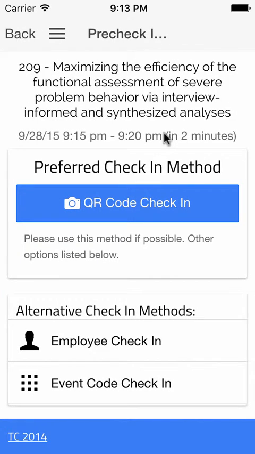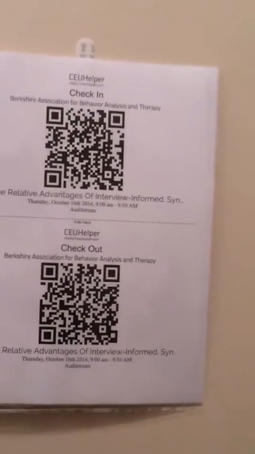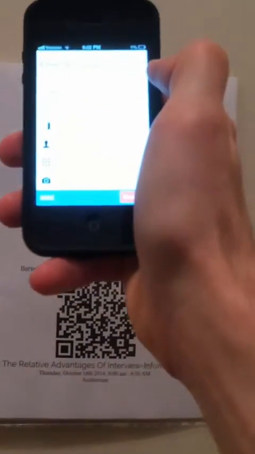There are many options for checking into events, but we should try to stick with the preferred check-in method that's always listed at the top of the screen. This conference prefers that you use the QR code check-in, so let's walk through how to do that. So I'll click the QR code check-in button. Once your camera's open and you've found the QR codes, which will be located in the event room, you go ahead and lift up your phone to the QR code, line it up, and you'll be checked in.